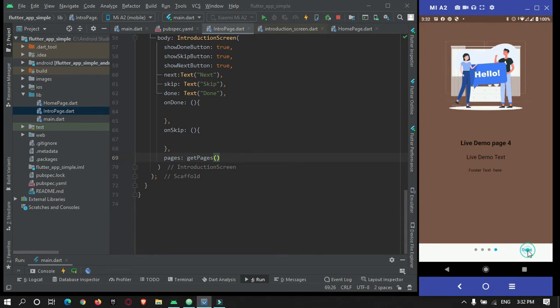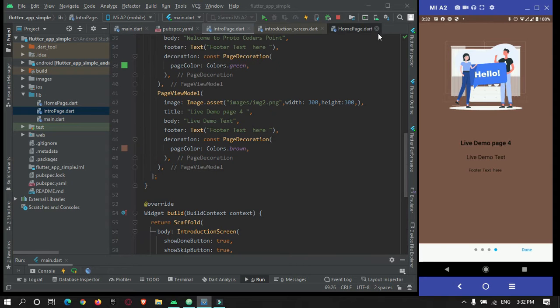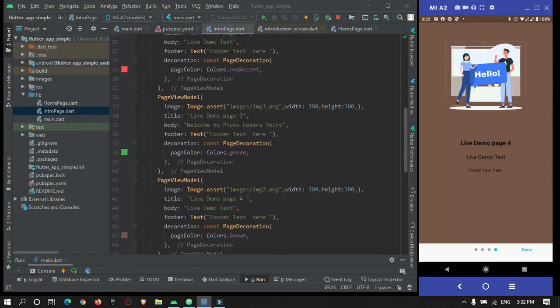When I press the done button, nothing is happening because we have kept it empty. Now from this done button, I will navigate the user from the intro page to the home page. For that we will create a new function over here,